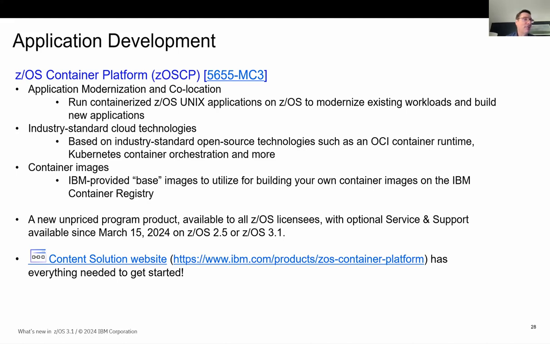And since March 15th of 2024, this provides the capabilities of running zOS Unix workloads. These are actual zOS binaries that can be run in a containerized fashion. This is the first turn of the crank of leveraging this amazing technology. So through a Kubernetes-like fashion, I can actually take zOS workloads,